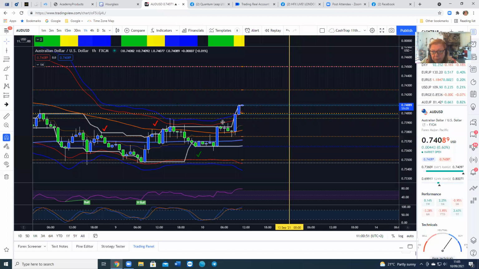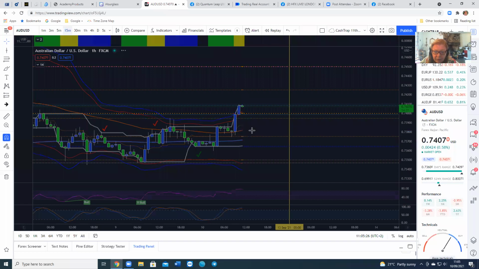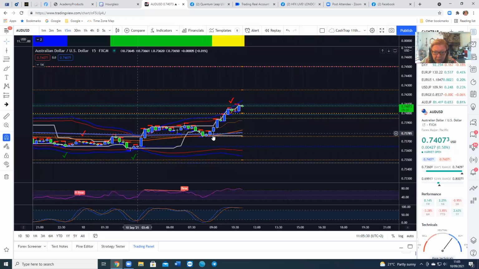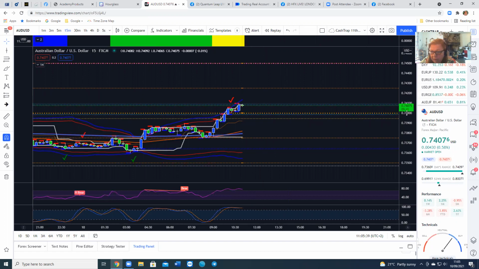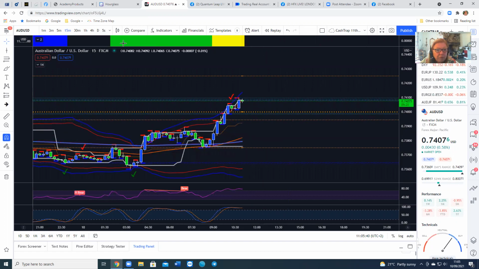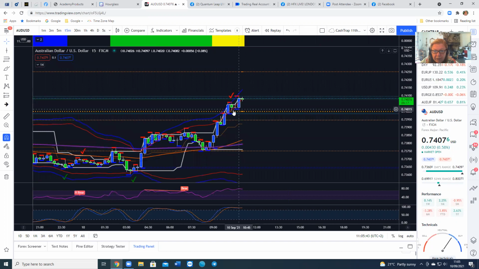So if I look on the 15-minute, this blue line here is that 200 moving average. It's come up past a very strong line of support and resistance at 74,000, whole number. I'm on the 15 minutes, so each one of these candles is 15 minutes. So there was our 9 a.m., 9:15 UK time, because I'm in Paris, so I'm an hour ahead, 9:30, and there's our 10 o'clock, sorry, 10:30, 9:30,